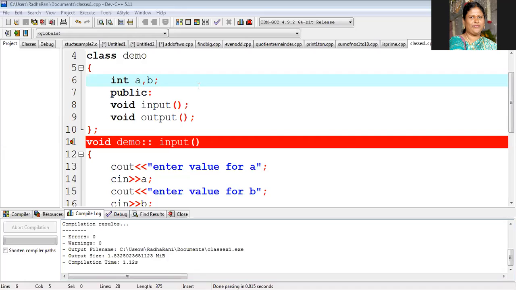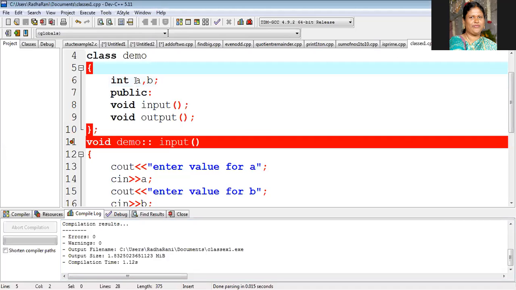So have I given any access specifier for a b? No. Then what is the access specifier of a b?